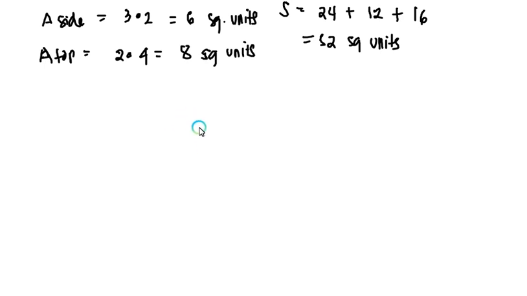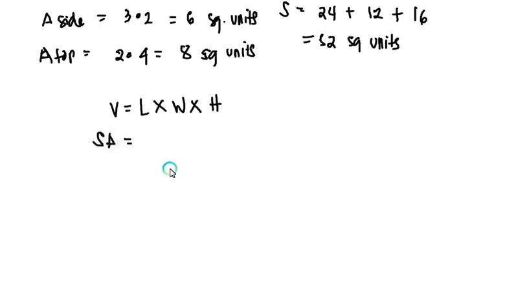Okay, so if we have a general formula, for each rectangular solid there is a length, width, and height value. So our volume, of course, is your length times width times height. And for your surface area,